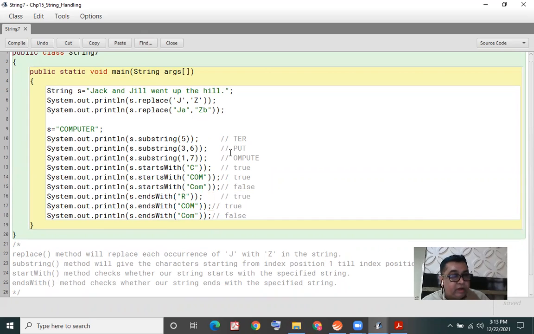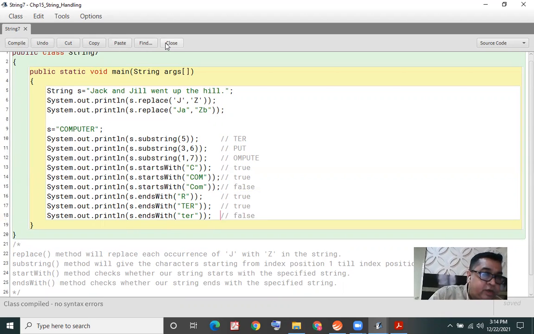Then we are checking whether it ends with the letters TER. In this case also we are going to get true. And then we look out for TER in small letters. In this case we should get the output as false. So observe the output for the last three lines now.